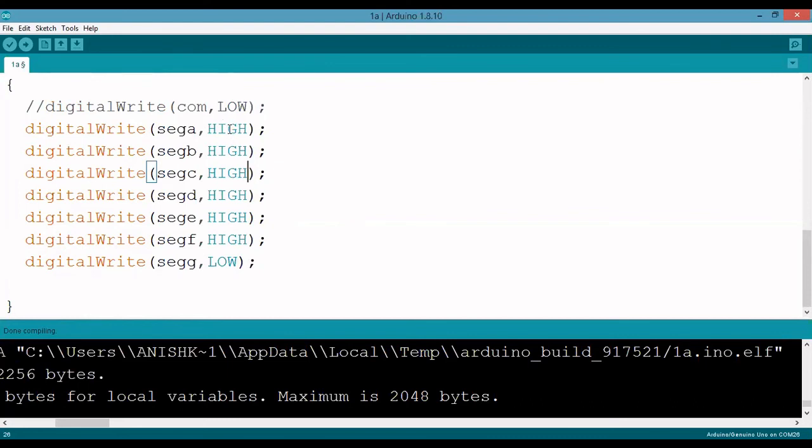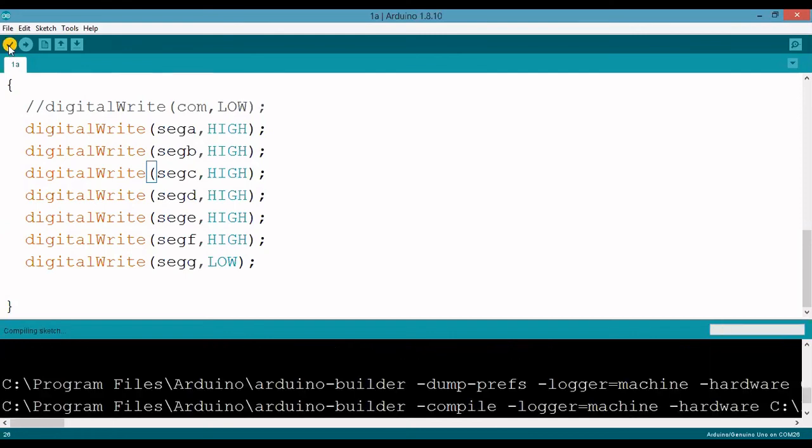Initially if you do like this, we will get the value 0. Now you can see that in the common anode connection, it will be opposite. You can see the output.